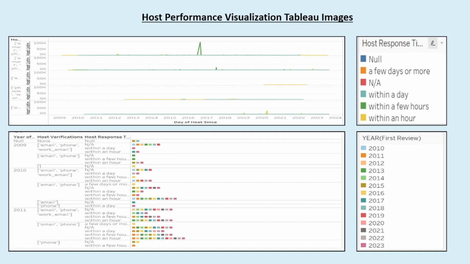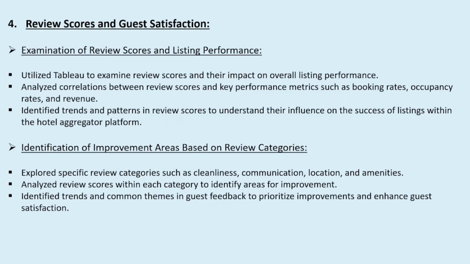Next project objective is the review score and guest satisfaction. Here we will cover 2 points. First one is the examination of review scores and listing performance, and second is the identification of improvement areas based on review categories. Starting with the first point, utilize Tableau to examine review scores and their impact on overall listing performance. Analyze correlation between review scores and key performance metrics such as booking rates, occupancy rates, and revenue. Identify trends and patterns in review scores to understand their influence on the success of listings with the hotel